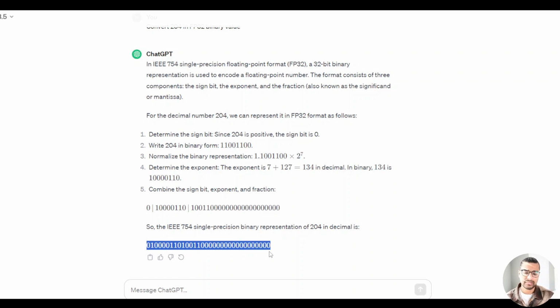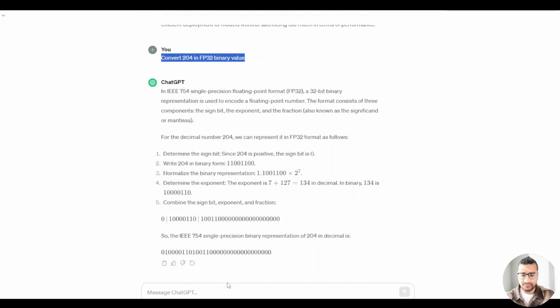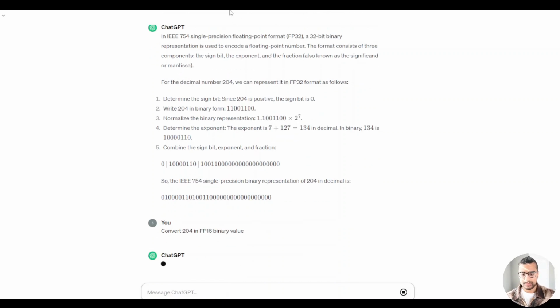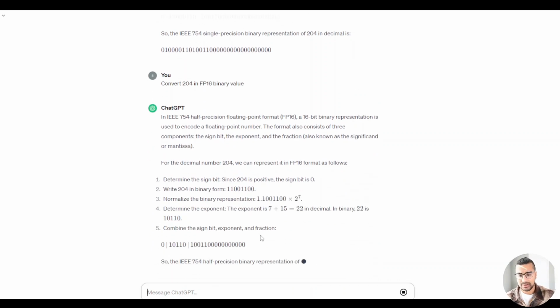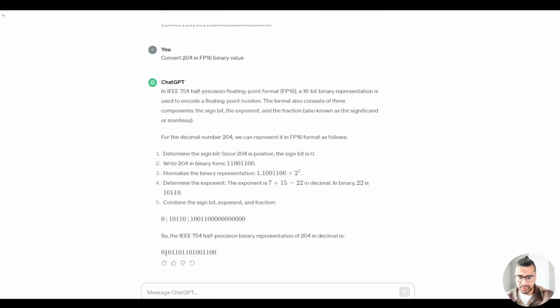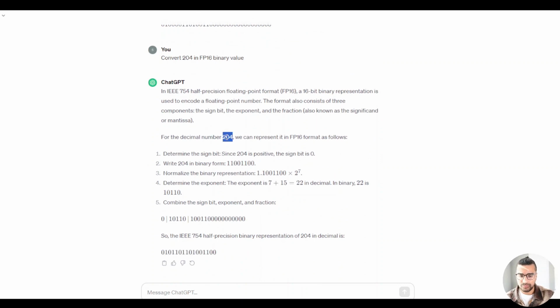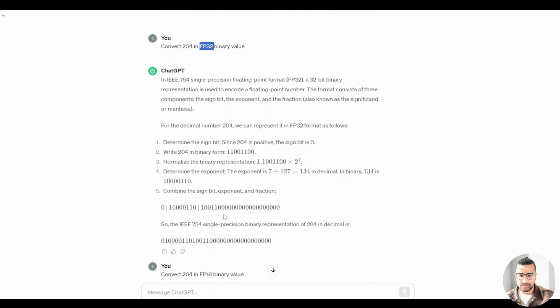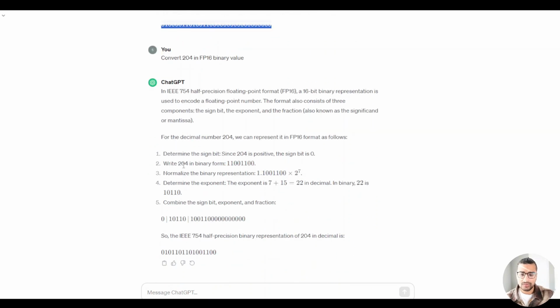Okay, so basically it has 32 bits of zeros and ones, and you can also represent the same 204 in FP16, right? So it's again explaining how to come up with the binary value, but I'm not interested in that. We are interested in the final value, and if you see the final value, it has only 16 bits. So to save the same number, which is 204 in FP32, you need 32 bits of space in your GPU RAM, right? So if you want to save this 204 in FP16, you need only 16 bits of space, and